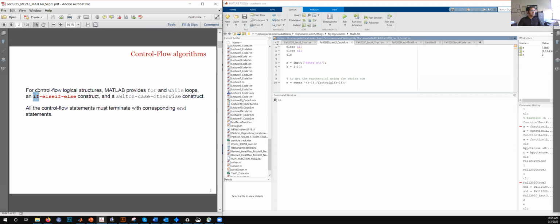So there can be different types of these control flow logical structures. In this class, we are going to learn for, while, and then if. The first 2 are for the next 2 lectures. So for the lecture today, we are going to focus just on the if structure. And as I have written down over here, this is the generic layout of operations when you are trying to embed an if structure into MATLAB. But we are going to do more examples, and that should give you a better sense of what I mean.